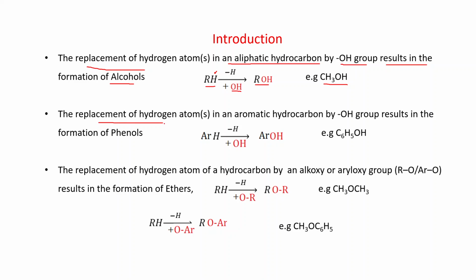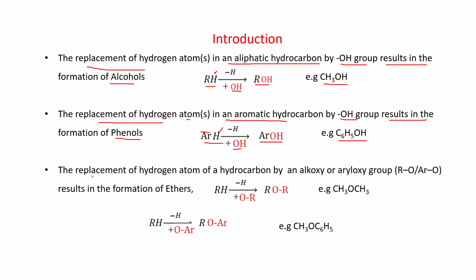The replacement of hydrogen atom or atoms in an aromatic hydrocarbon by OH group results in the formation of phenols. ArH, this is aromatic hydrocarbon, that is, this is aryl group attached with the H. This H is replaced by OH, we will get ArOH. For example, from benzene C6H6, if hydrogen atom is replaced by OH, we will get